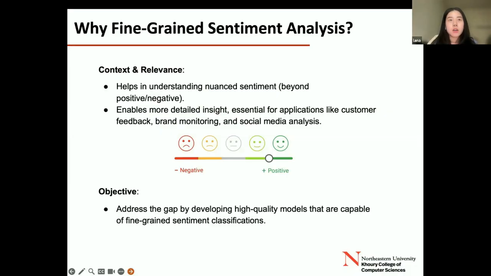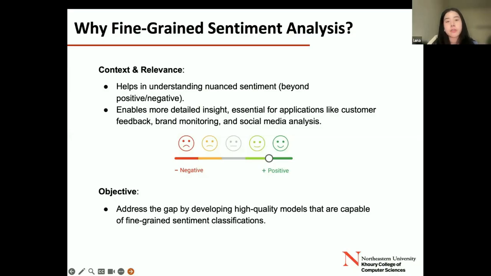With the explosion of online reviews and social media, people share more opinions than ever. And while this wealth of information is valuable, the sheer volume and complexity make it very challenging to extract meaningful insights. So sentiment analysis, a natural language processing, or NLP, technique, helps by classifying texts as positive, negative, or neutral. However, broad sentiment categories often fail to capture the full emotional range of a review.